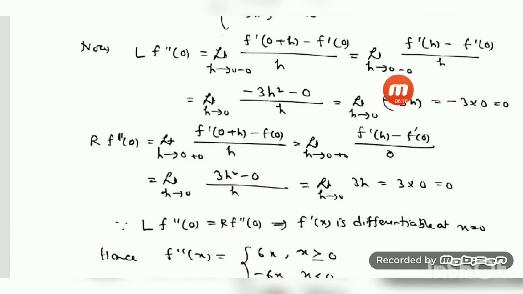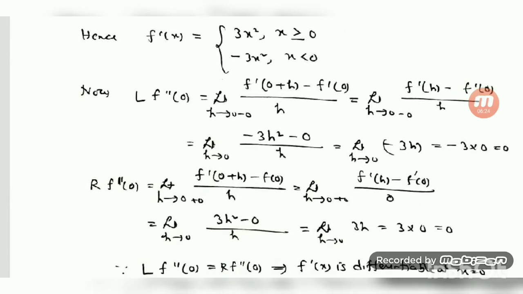Now it is 0 minus, so we understand that h is less than 0. So for h less than 0, what is the value of f'(h)? Let us see. For x less than 0, f'(x) is minus 3x square. So for h less than 0, f'(h) is equal to minus 3h square. So I have written here minus 3h square, and f'(0) is equal to 0, because I have to substitute 3 into 0 square, that is 0, by h. On simplification, minus 3h square by h will give you minus 3h. So minus 3 into 0, that is equal to 0.